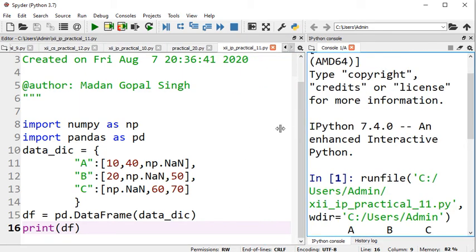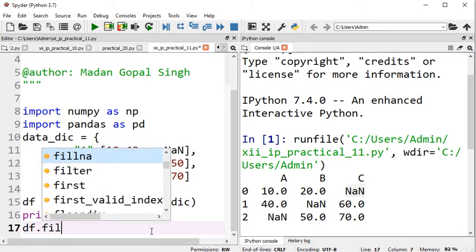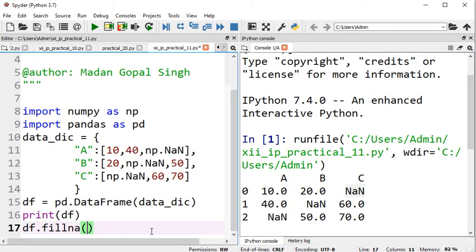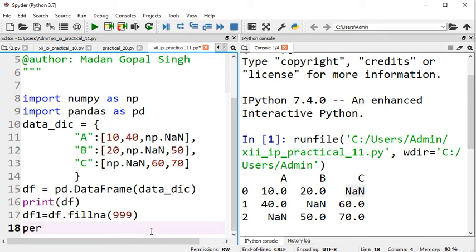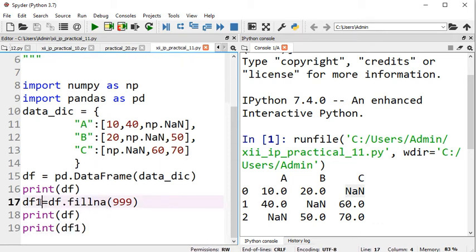If you want to replace these values, you can use the fillna method, df.fillna, with 999 let's suppose, and it will return a different data frame with the changed values. Remember, if you print the original data frame after this line, it will still have the NaN values, but df1 will have the NaN values replaced by 999.